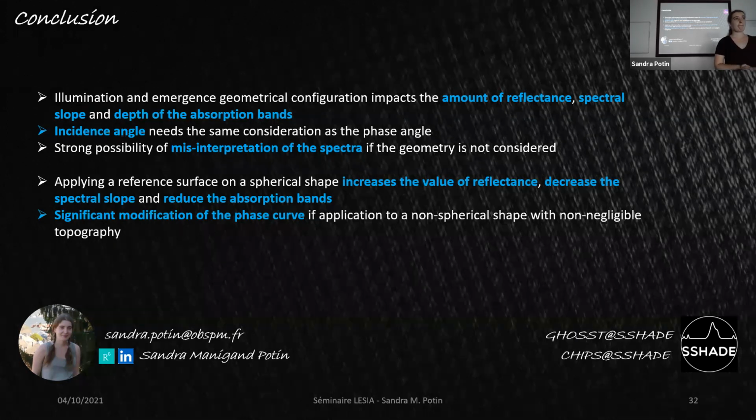The question is, which is the optimal observation in the case of a space mission for interpretation? Which is acceptable for you in terms of phase angle and illumination conditions? So the question is, what is the best geometrical configuration for comparison between observations from spacecraft in orbit, the one that impacts the reflectance the least.